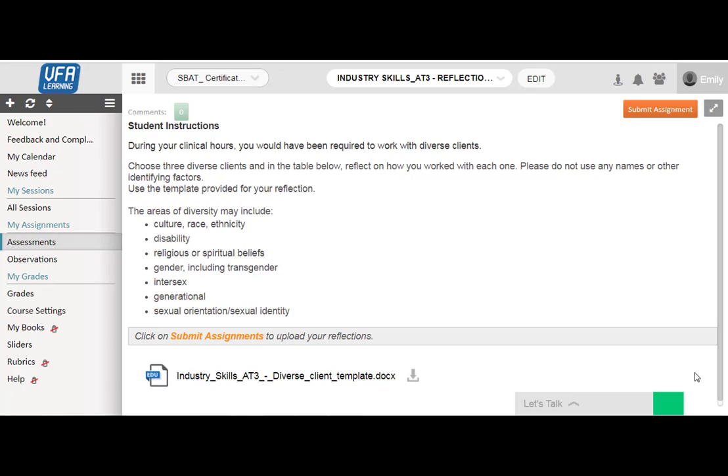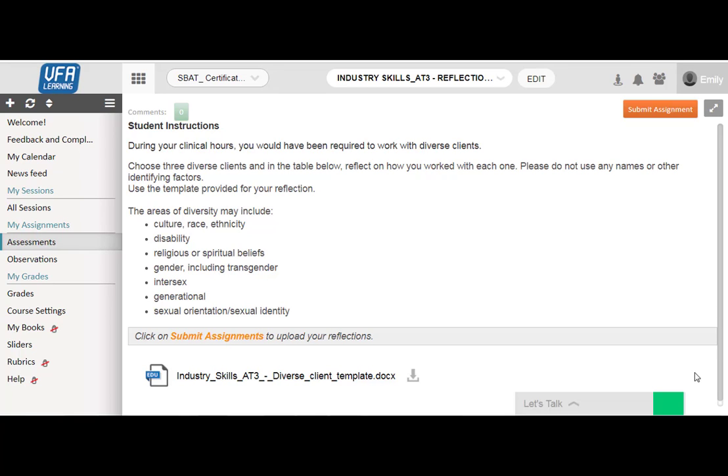In this video, we're going to have a look at Industry Skills Assessment Task 3 Reflection. So this is a reflection based on your placement that you've been doing. So during those hours, you've been required to work with diverse clients. You need to choose 3 diverse clients, and in the document that's attached, record how you worked with each of